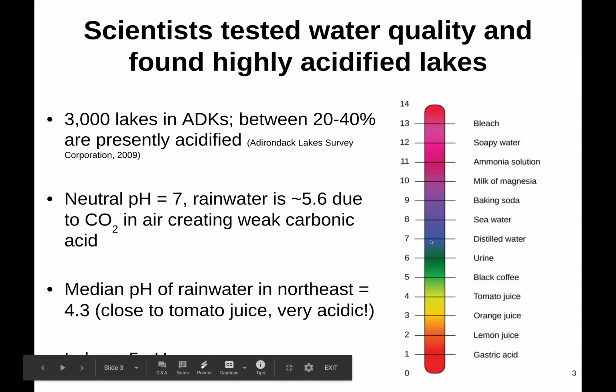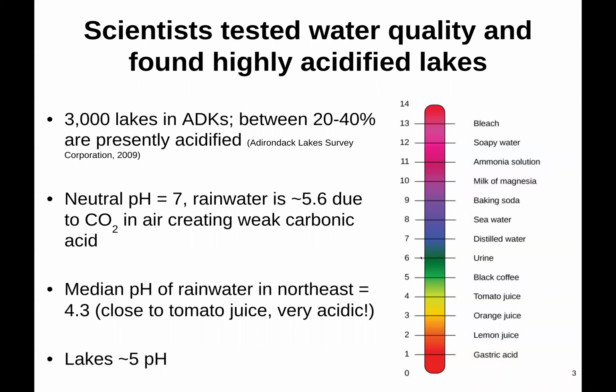And so as we go down on the pH scale from 7 to 6, it's not just a change of 1, it's a change of tenfold. So that when we go from 7 to 6, it's a 10 times higher concentration of hydrogen ions at 6 than it is at 7. And conversely, as we go from 7 to 8, it's 10 times fewer hydrogen ions at 8 relative to 7. So the important thing to know about the pH scale is that small changes are meaningful because it's a log